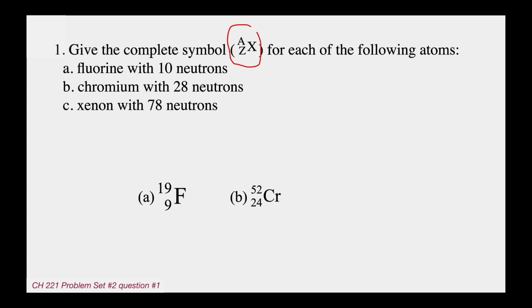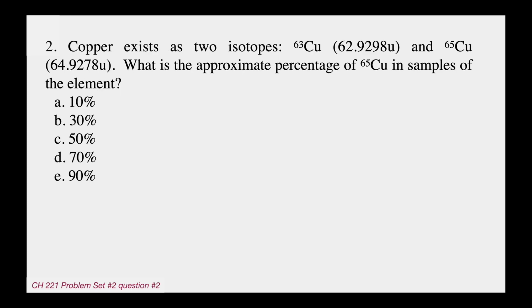And then finally, the last one, xenon. Xenon is Xe, and the atomic number on the periodic table is 54. So you'd have 54 in the lower left. The symbol would be Xe, and in the upper left corner, the mass number, you'd have 54 plus 78, 132. Copper exists as 2 isotopes, copper 63, and that number right there, 62.9298, that's the exact mass in AMU